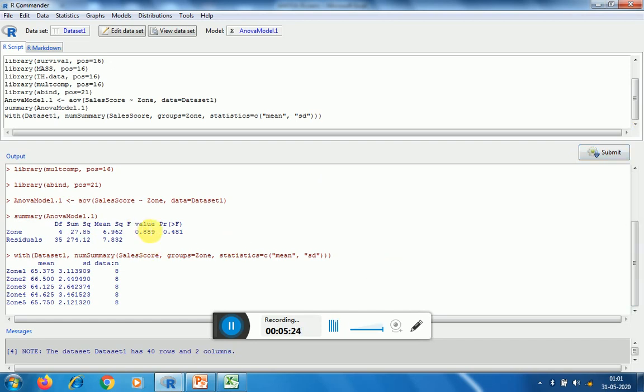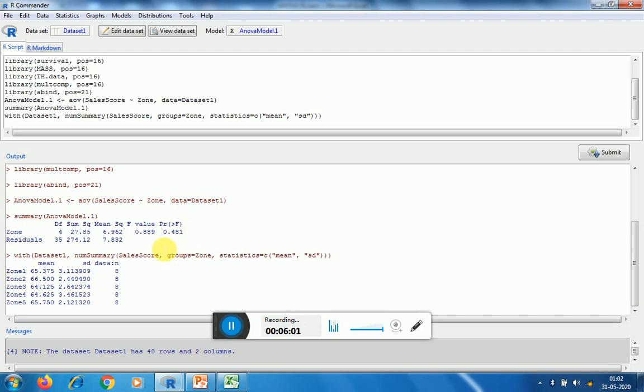So here we can see that F value is 0.889 and the p value, again the decision rule here is that if the p value is less than or equal to 0.05, then we reject H0 and accept H1. But if the p value is greater than 0.05, then we do not reject H0.